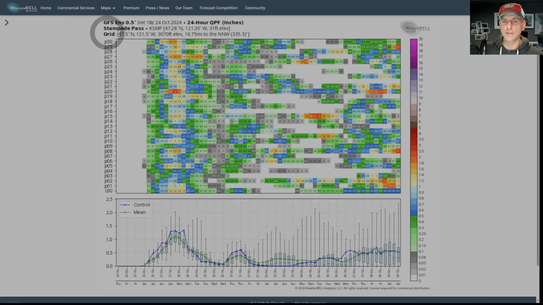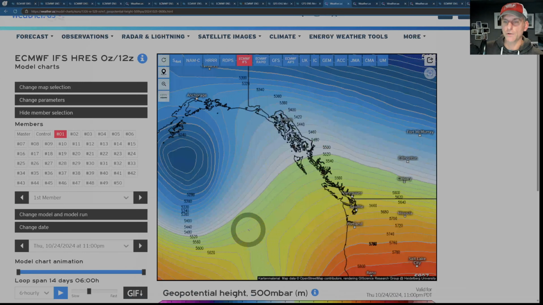Now, the GFS, again, 30 ensemble members. This is precipitation amounts, and you can see pretty good agreement on what is coming up as we go through this weekend. Some ensemble members higher, some lower. That makes sense. And then you can see the blue bars here do show some uncertainty on just how much precipitation is going to fall. And you can see the control versus the mean there also.